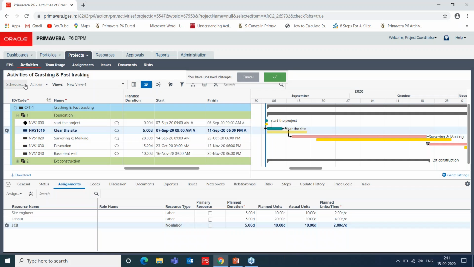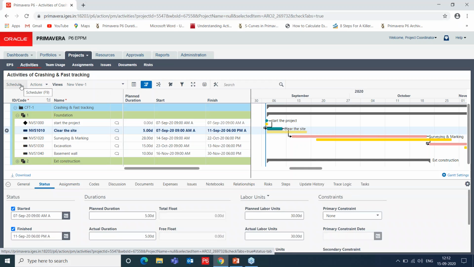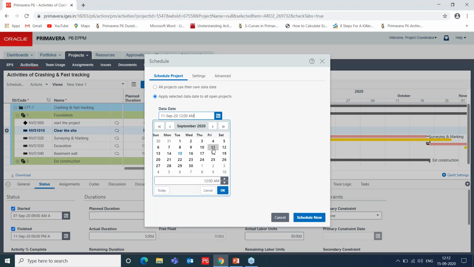So once the activities have been changed, once the actuals have been applied and saved, we need to schedule the activity on the day on which we are going to take the reports. So we are going to schedule the activity here on a particular data date. Let's say I'm scheduling the particular activity on 11th of September, and the corresponding time for scheduling is